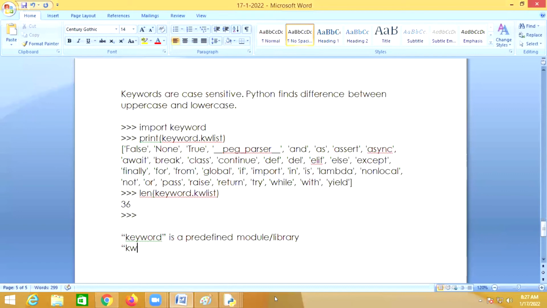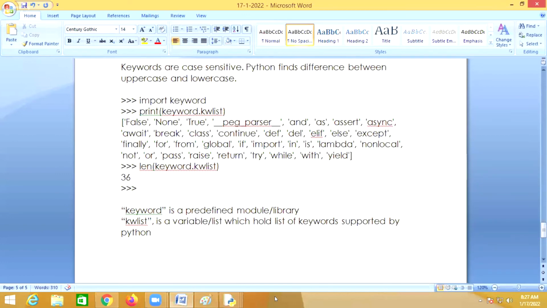So keyword list is a variable or list which holds the list of keywords supported by Python.